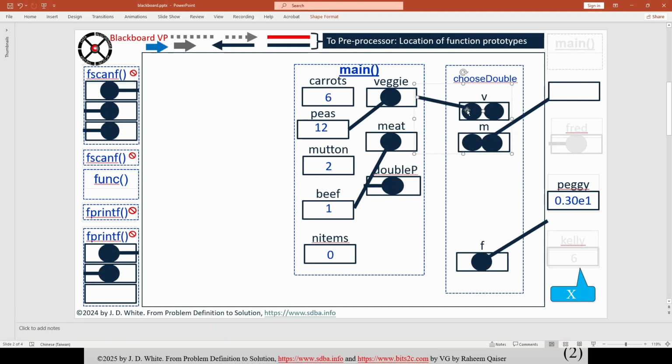So he's now pointing there. This guy is now pointing to meat. He's received the address of meat. So you can see M goes to meat, goes to beef. V goes to veggie, goes to peas. And I have another